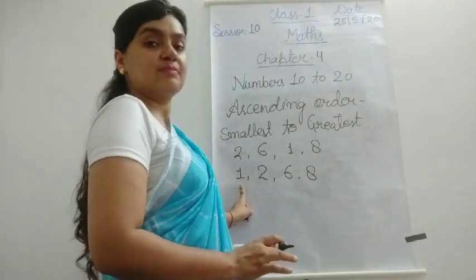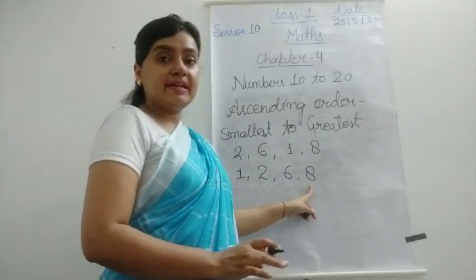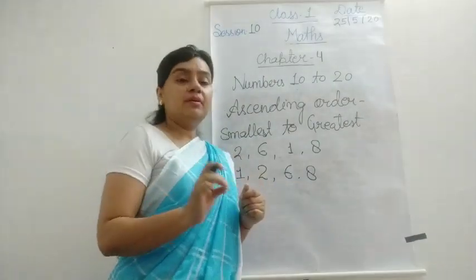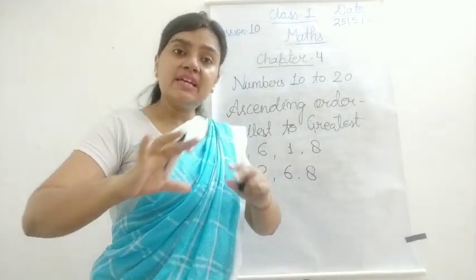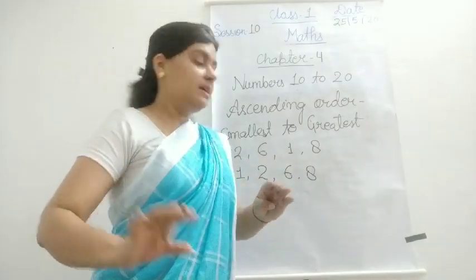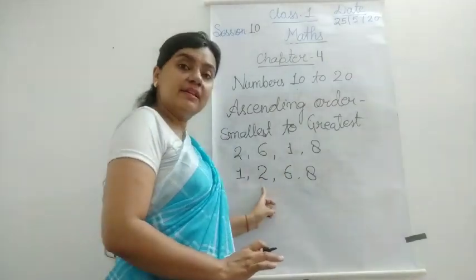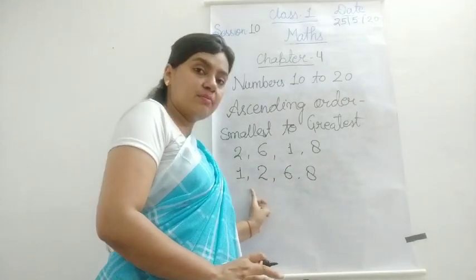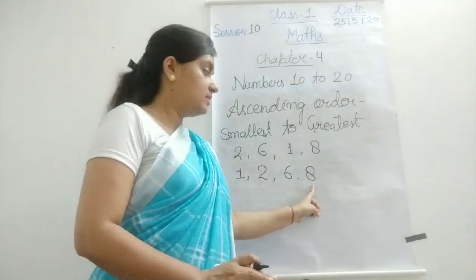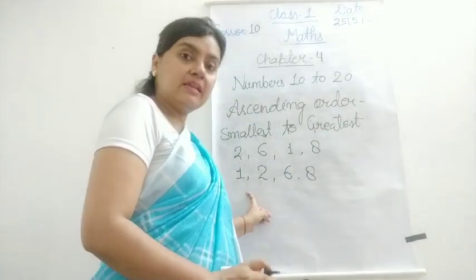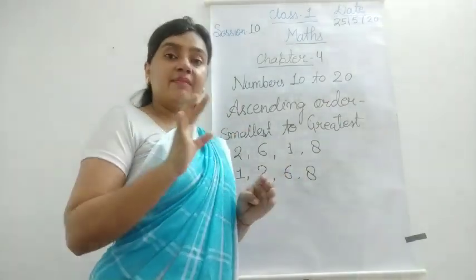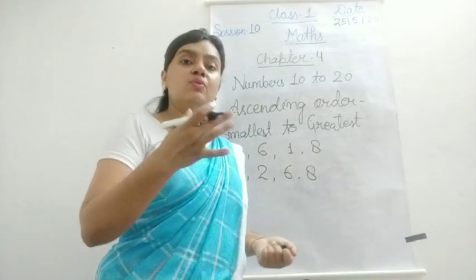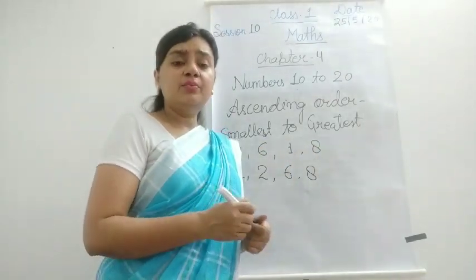At the first place, the smallest number is there, and at the last place, the greatest number is there. While you are writing the ascending order, all the numbers must be in a sequence, means smallest to greatest only. The first number is smallest. Here, this one is bigger than this number. Here, this one is bigger than these two numbers, and here, this one is bigger than these 3 numbers. Means you have to write down all the numbers in a sequence from smallest to greatest. I hope you are getting me.